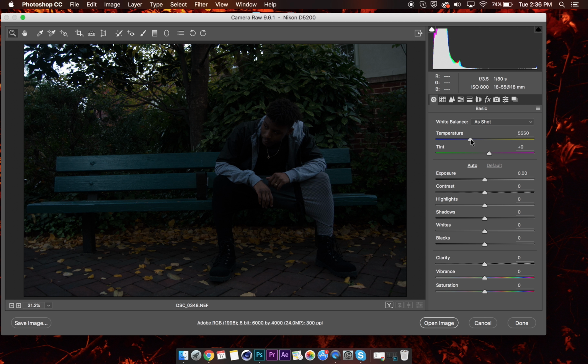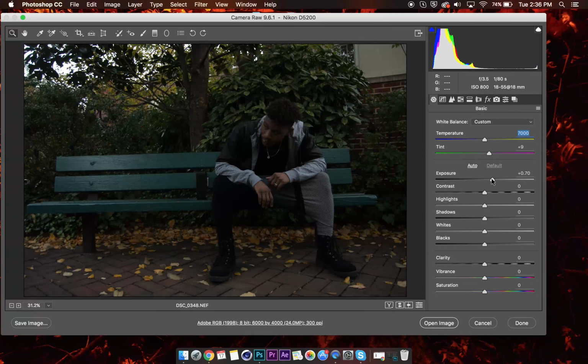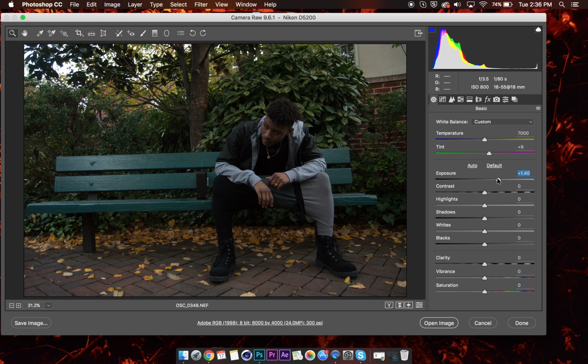Normally what I start off doing is I adjust the color temperature. Normally I tend to like warmer images. Adjust the exposure to add some brightness back in there. Add some contrast. In this phase, you're just tweaking the image essentially to get it to where you want it to be before you start doing the cinematic portion of it. So once you have your photo edited the way you like it in Photoshop RAW,